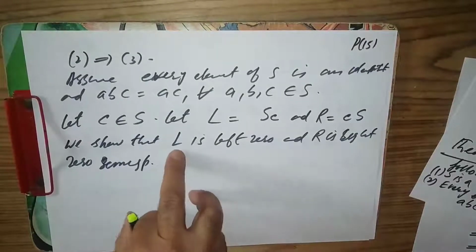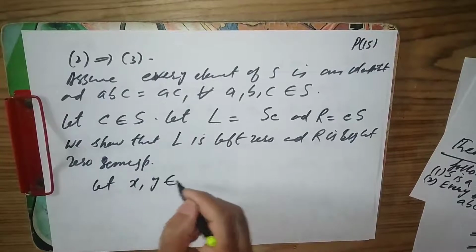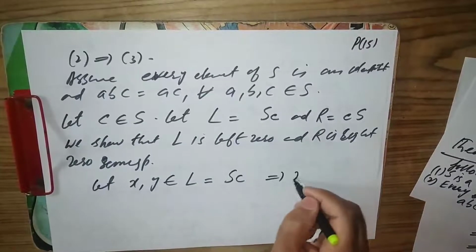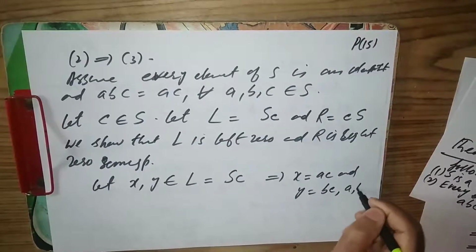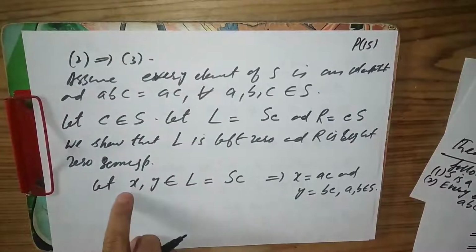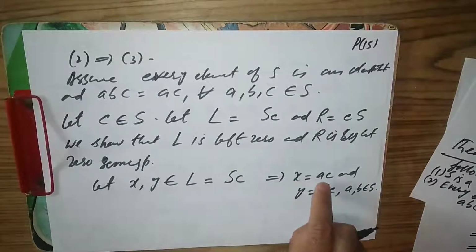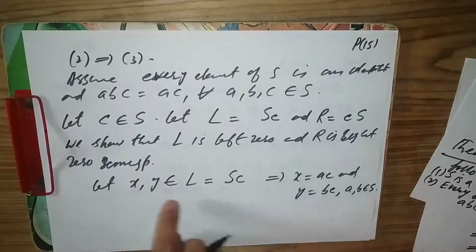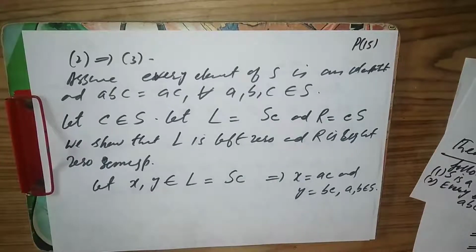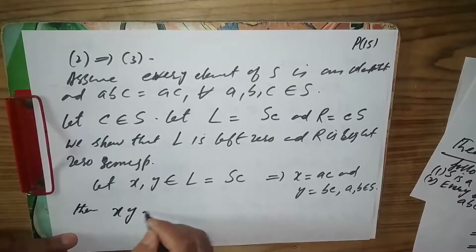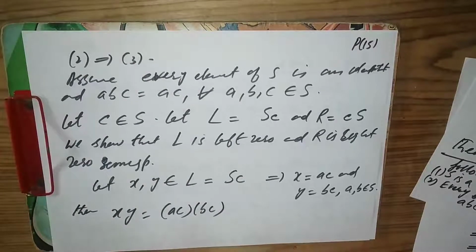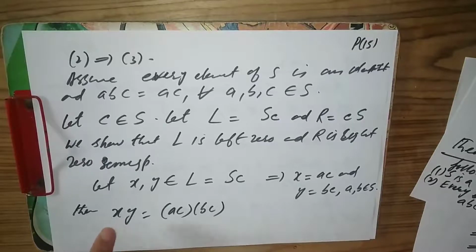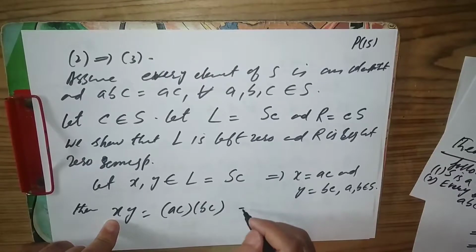So for this I have to choose two elements from L. Let X, Y belong to L. What is L? L is equal to SC. So X is an element of S times C, it's equal to AC, and Y is equal to BC, where A, B belong to S. Then I will find the product XY. What's XY? It's equal to AC into BC. I need to show that it's left 0, which means to show that XY should be equal to X. So here it's equal to A